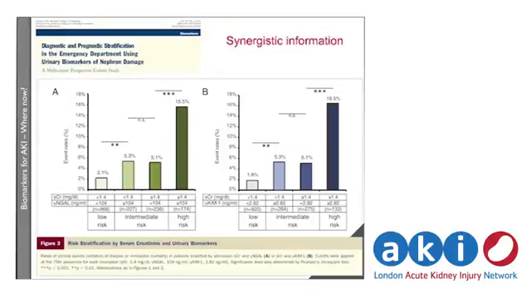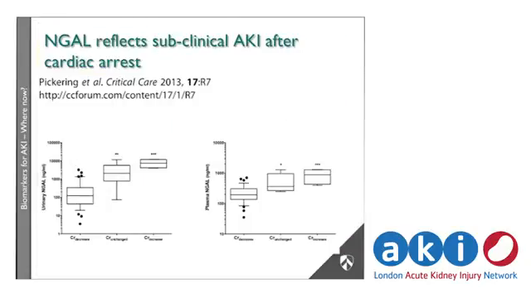And there's another study here which essentially shows a very similar thing: the NGAL positivity with serum creatinine negative, and the serum creatinine positivity with NGAL negative, are intermediate, but the two together were associated with a much higher mortality overall. This is another kind of multi-centre ED study. And this is another urinary biomarker called KIM1 that performed similarly in this. And this, again, is another very interesting study, actually.